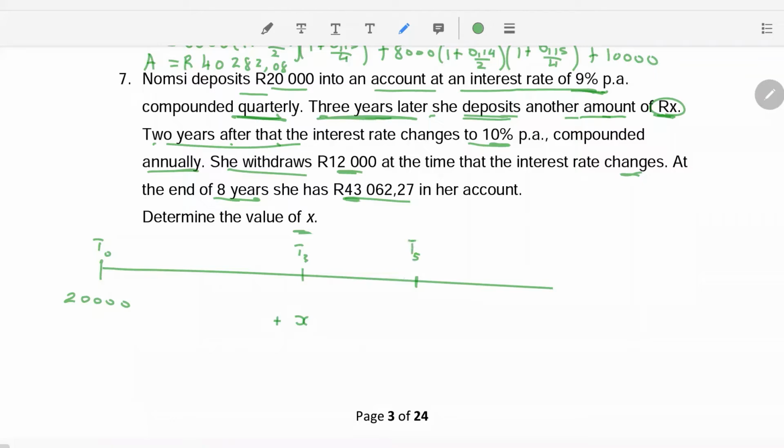So at T5, that's where the interest rate changes. And at the time when the interest rate is changing, there is a withdrawal of 12,000 from the account. And then at the end of the 8-year period, at T8,